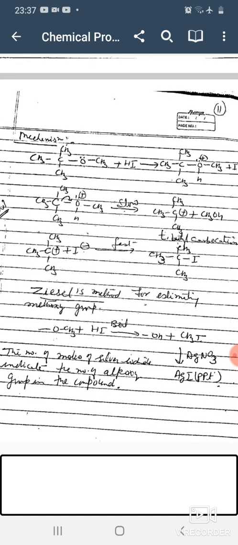Ziesel's method for estimation of the methoxy group. मिथॉक्सी ग्रुप का एस्टिमेशन हम जीजल मेथड से करते हैं, जिसमें R-OCH3 reacts with the HI on boiling and gives R-OH plus CH3I. This CH3I is titrated with the AgNO3 solution and we obtain the AgI precipitate. The number of moles of the silver iodide indicates the number of alkoxy groups in the compound. यहाँ जीजल मेथड में हम यही बता सकते हैं कि जितने CH3I बनते हैं उसका मतलब उतने ही उसमें मिथॉक्सी ग्रुप प्रेजेंट होते हैं।